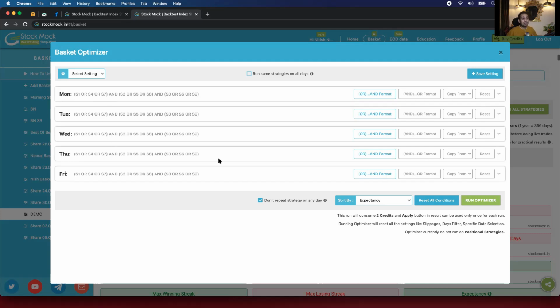On Monday, I want to do the same condition, Tuesday, Wednesday, Thursday, and Friday. Okay. Now what we are telling it is to run all the possible combinations. As I told you in the last video, it has nearly 1.5 crore combinations. I'll run it in front of you right now. It will scan all the combinations and try to give us back the best 50 results. But what is best for me may not be best for you.